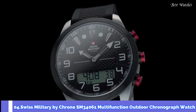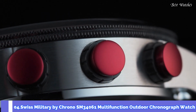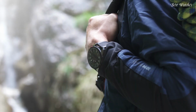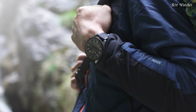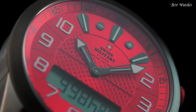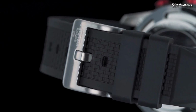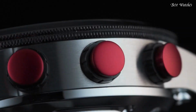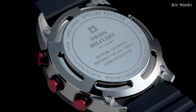Number 4. Swiss Military by Chrono SM 34061 Multifunction Outdoor Chronograph watch. This robust multifunction chronograph watch is a must for adventurers and outdoor sportsmen. It features 2 alarms, an altimeter, a chronometer, a